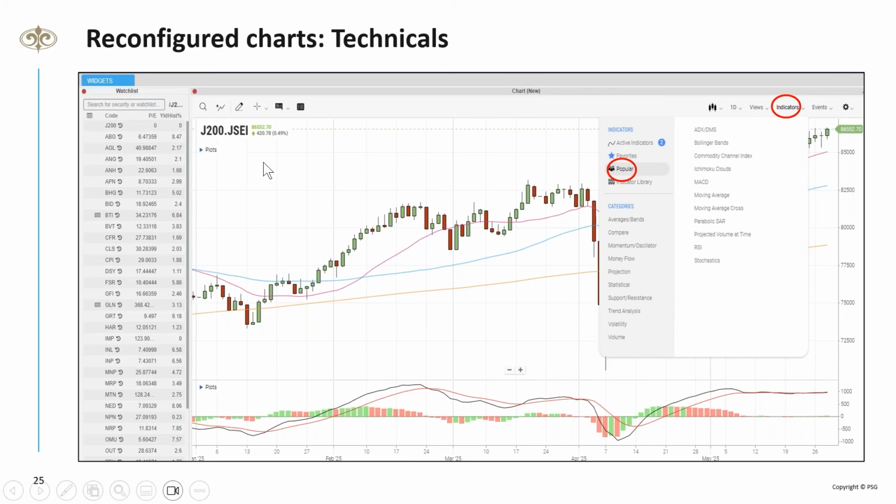If you click along the top here, you've got indicators. I suggest you select popular. You can see in this graph I've selected the moving average cross, so it gives you the 20-day, the 50-day, and the 200-day moving average automatically. I've also put the MACD at the bottom. If you want to, you can click on volume and look for the volume histogram at the bottom. That's just a quick way of helping you make analysis and decisions.